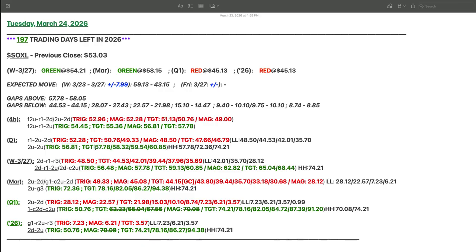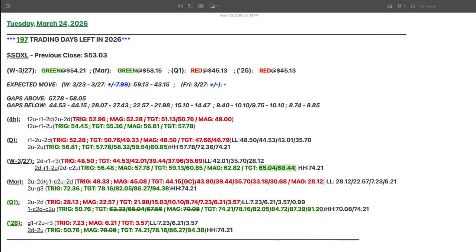All right. On the week, we did actually go 2 up on the week, just barely. That triggered at 56.48. We didn't quite make it to magnitude because again it triggered the 2 1 2 up. But it didn't reach magnitude at 57.78, so we are still shooting for that. If it does reach 57.78, that does kick off the larger 2 down combo 2 up with the magnitude of 62.82. Again, we've got intermediate targets on the way to that point in case we don't make it all the way there this week,